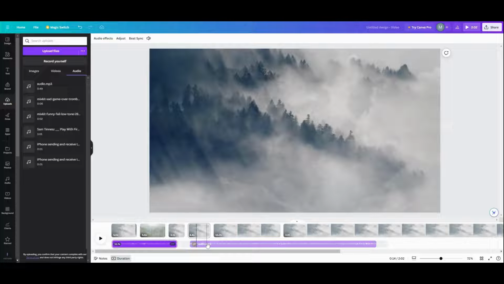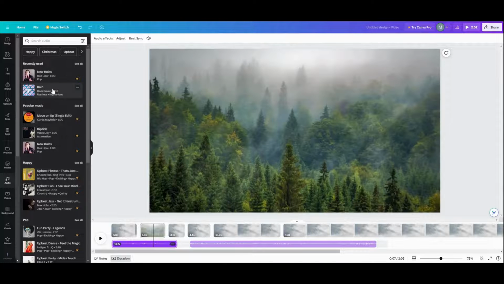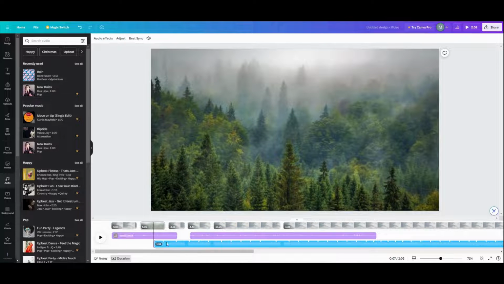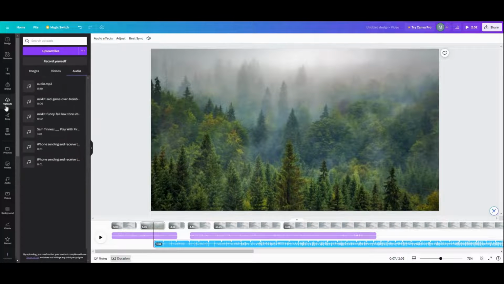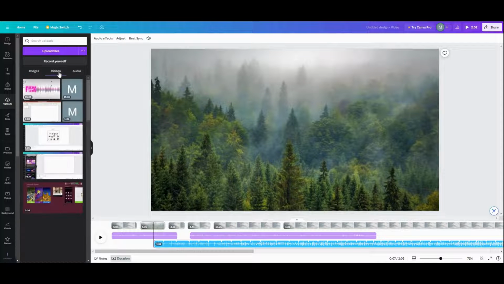So that's how you do that. And then you can go in there and replace it with anything you want to, or put another audio track underneath of it if you want to. Let's go here and let's just put that, and then you can have your audio track underneath of that if you want to, and it'll go through and it'll just turn to audio right there. The other thing you can do is, if you've done audio within Canva, let's go into videos,